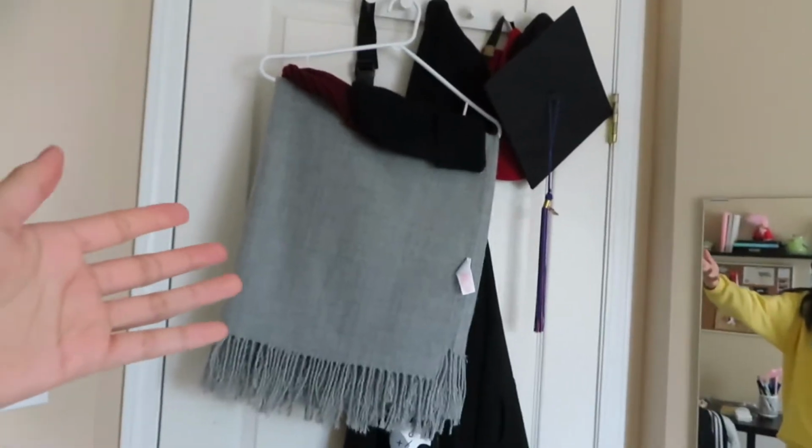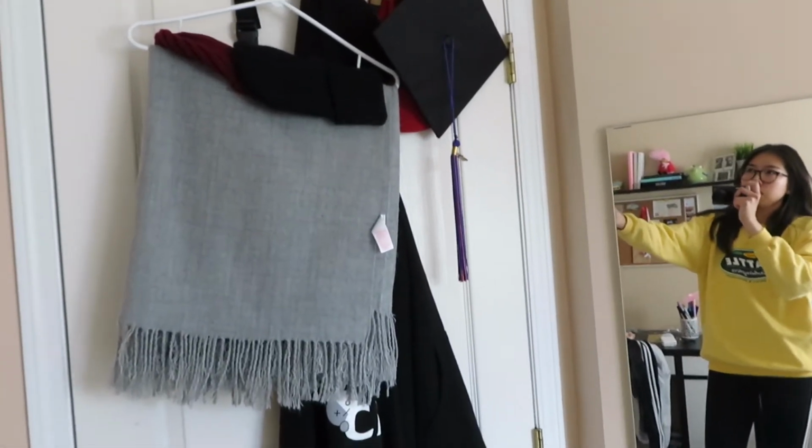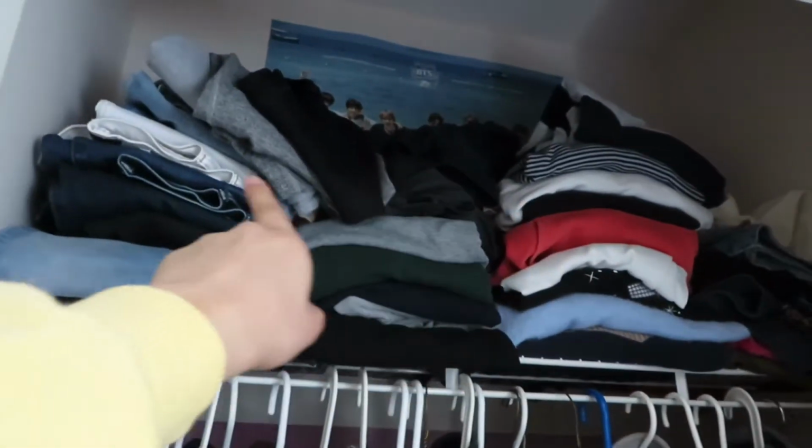So this is my door. It looked a lot nicer like 2 months ago. I don't know what happened to it, but we're gonna fix that up. My mirror, I'm gonna clean that because there's a bunch of fingerprints on it. This is my closet, socks that I can put over here. That needs to be cleaned up. This is okay, kind of, and then over here it becomes lopsided, so I'm gonna fix